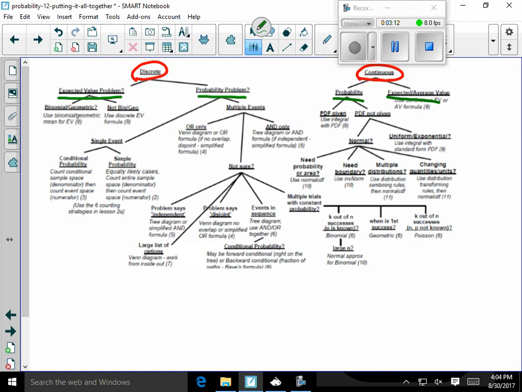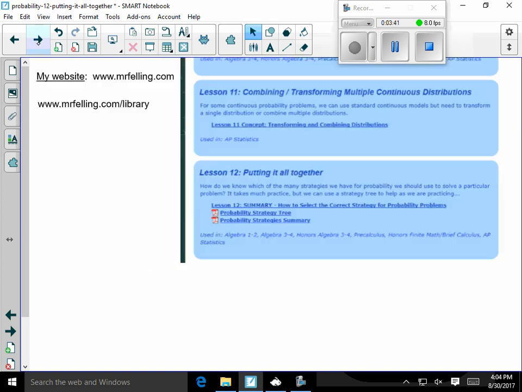And then depending on the probability problem, say for discrete, we might ask, are we talking about a single event or multiple events? So what this is trying to do is to kind of list out the probability strategies that we've looked at through lessons 1 through, well, really 2 through 11. And what's indicated in these little parentheses, these numbers, are the lesson number that covers that strategy. So we're going to look at this document and use it as a way to kind of help see what strategy we should use, right? And then, yeah, so this is my website here,